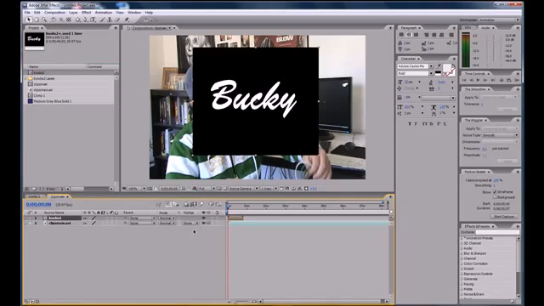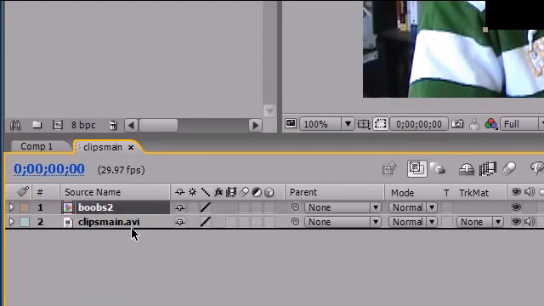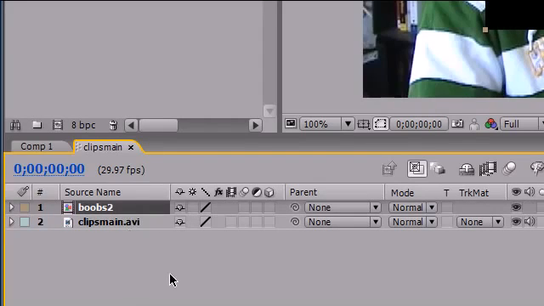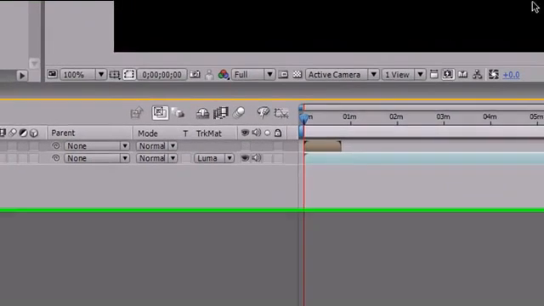In order to use this, you need to make sure that your matte is on top of your video file. If it was under here, it wouldn't work. It needs to be on top, just like that. Another thing you need to do is go over on your video file, not your matte, and select Luma Matte. And what this does, you can see,